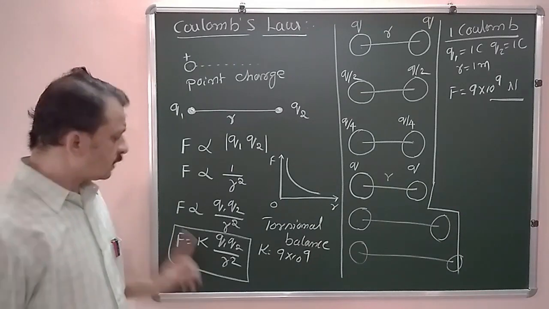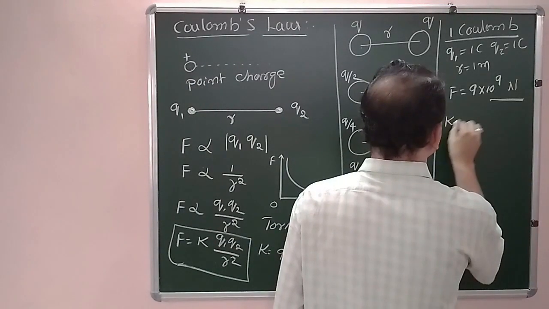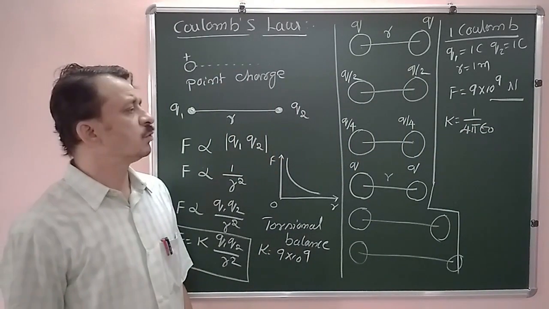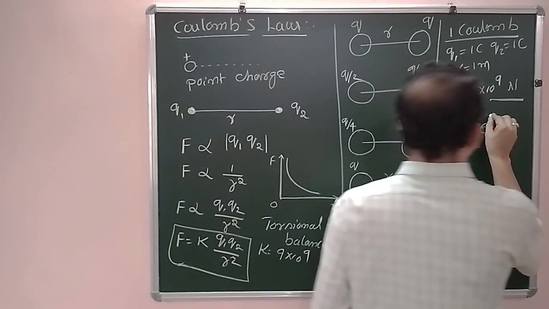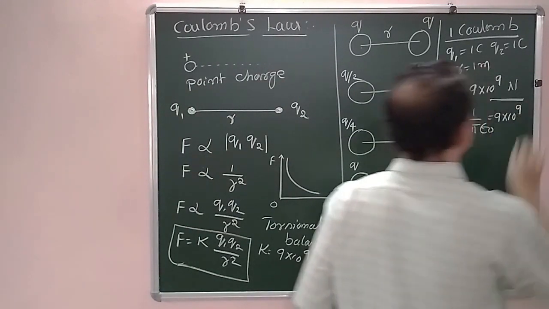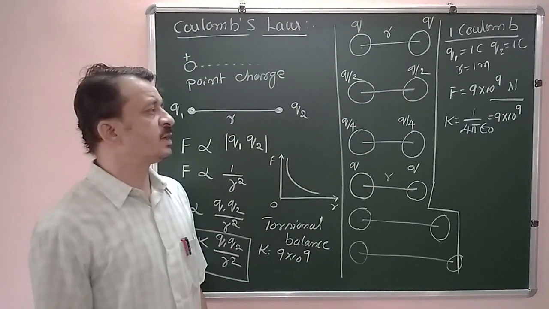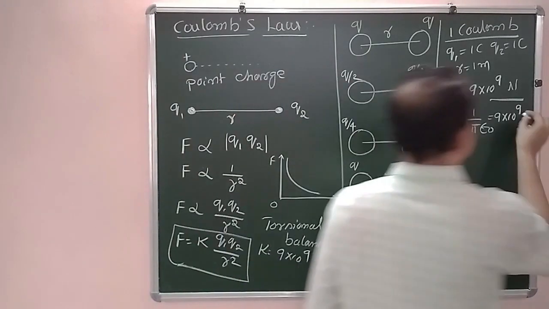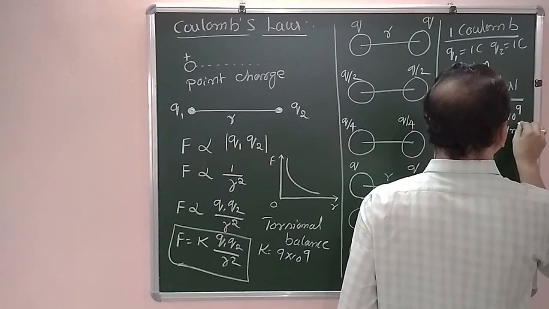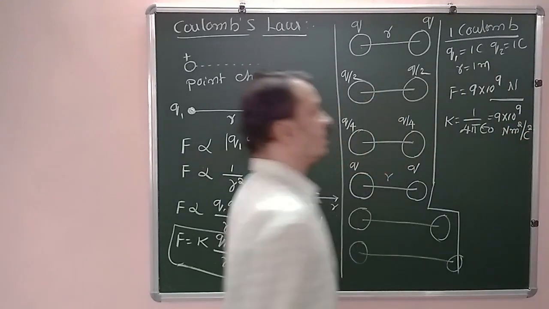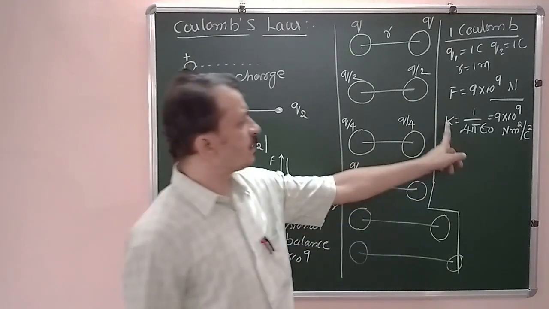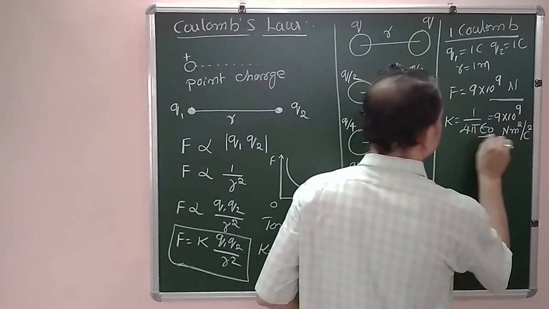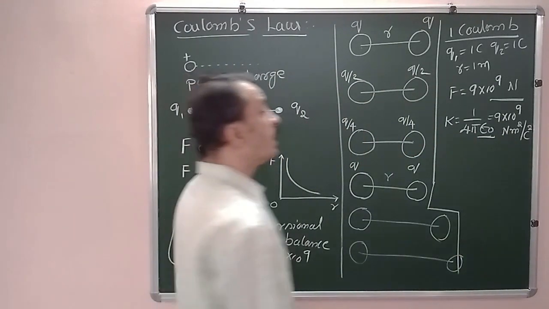Now, the value of K in SI units is 1 divided by 4 pi epsilon naught, and that value is equal to 9 into 10 to the power of 9 Newton meter square per coulomb square. That is its unit. So here the proportionality constant K is equal to 1 divided by 4 pi epsilon naught. Here epsilon naught is called permittivity